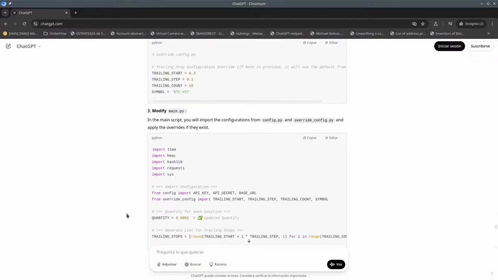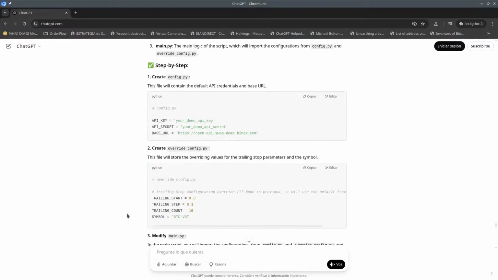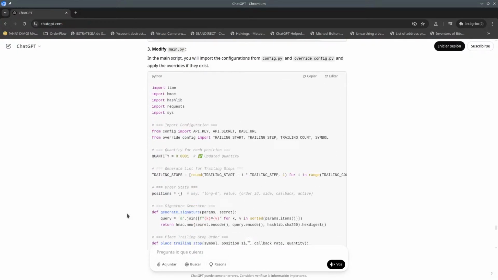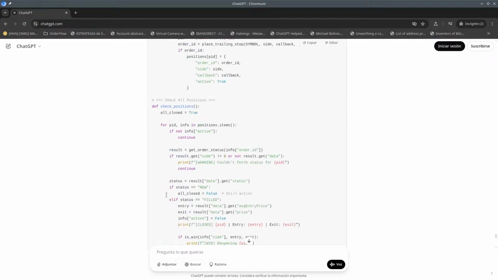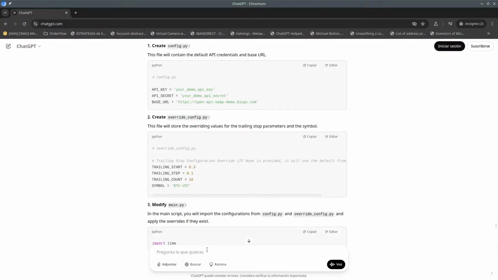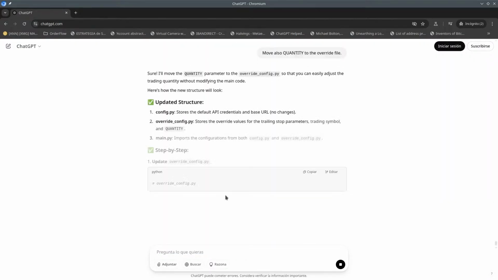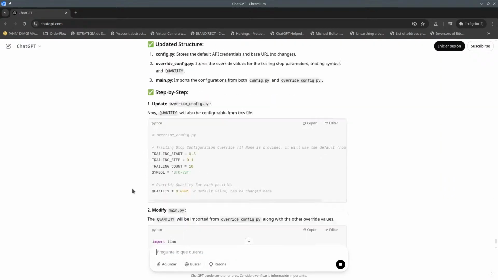Yeah, move. Wait a minute. This is not overriding anything, is it? Okay, so first of all, let's tell it move also quantity. Move also quantity to the override file. So it should make sure I move this thing. Okay, so